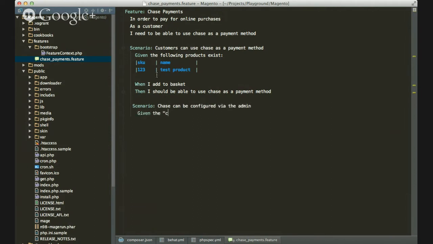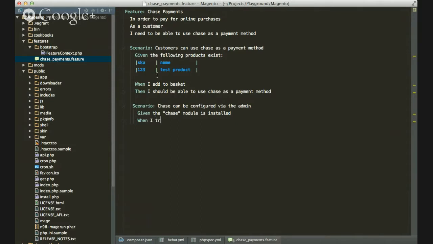So given the Chase is installed, and I try and configure, so now it's again, what are we trying to do? What do we expect? And we can test this. This is a repeatable test. So if we run back into, let's